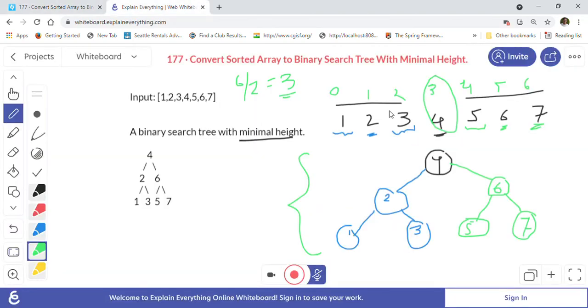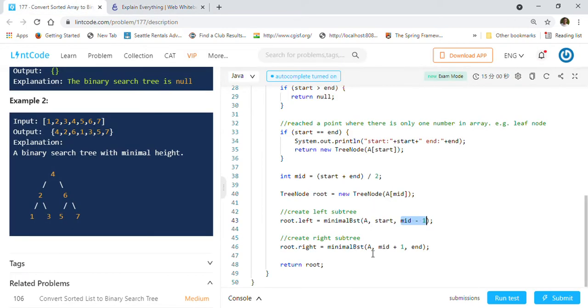Mid is 3, so mid minus 1 for the left array. Now on the right array, start will be equal to mid plus 1, and the end will remain as it is, basically, right? So let me show you that.